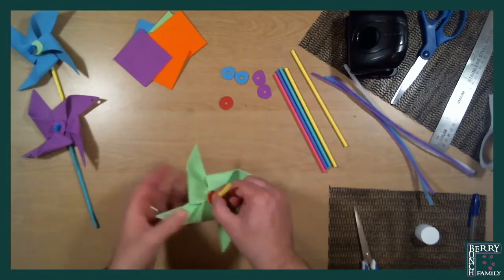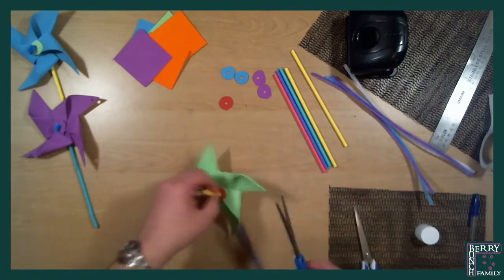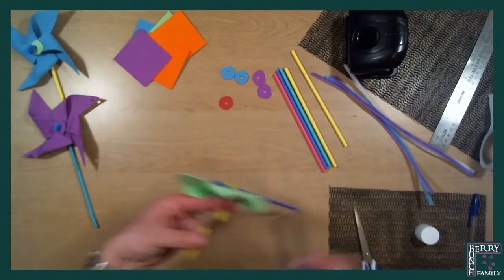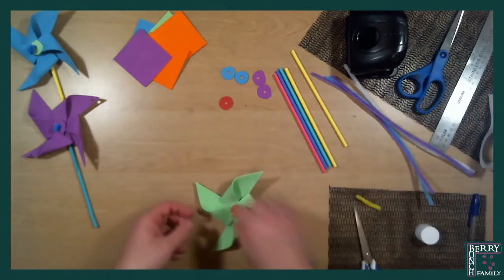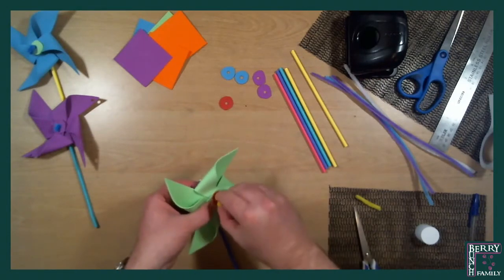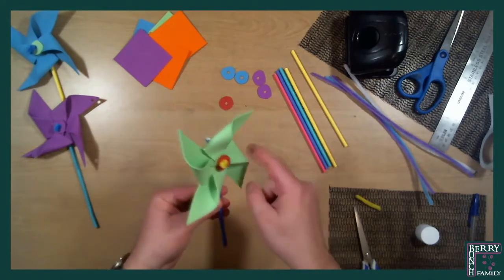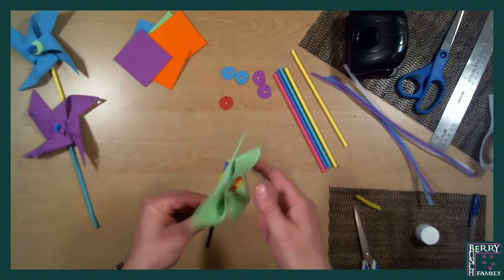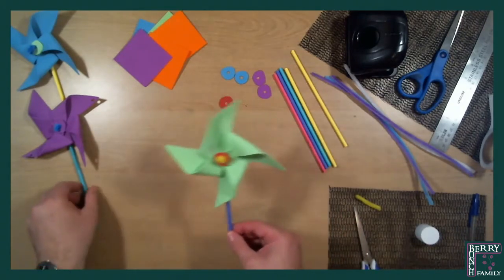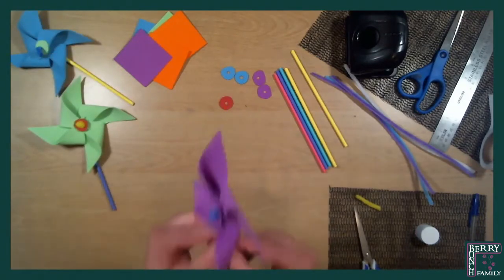Right, now all we do is, using a pair of scissors that you don't really care about, or if you're really careful with some pliers, we cut a little bit of the pipe cleaner off, because we don't need all of that. And then all we have to do is wrap this around, a bit like a snail, to make a little bit of something that holds it all together. And then this can spin round. Now it may not spin around at first, so you're going to have to do a little bit of tweaking, a little bit of work, but eventually you end up with one we made a little bit earlier on,